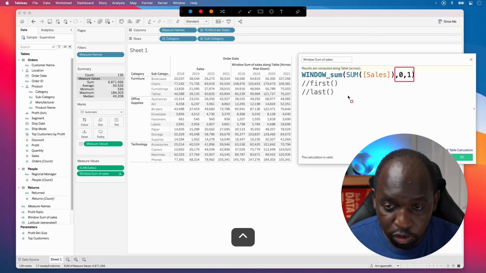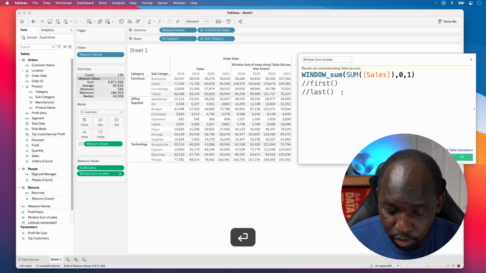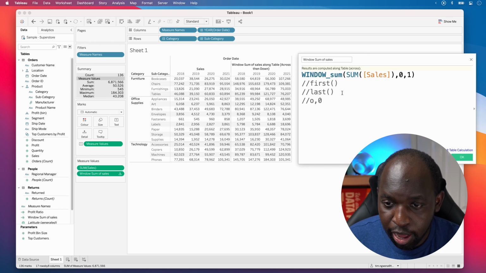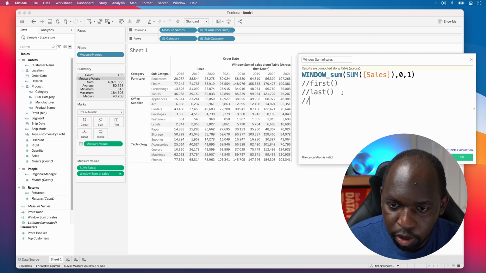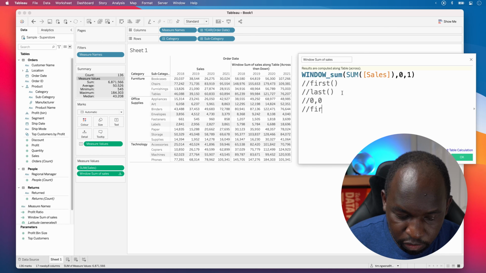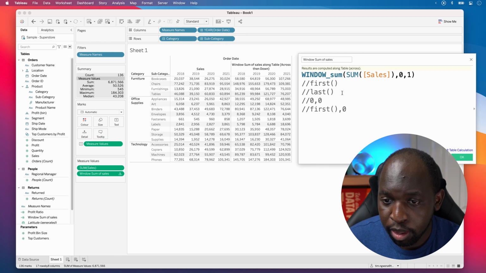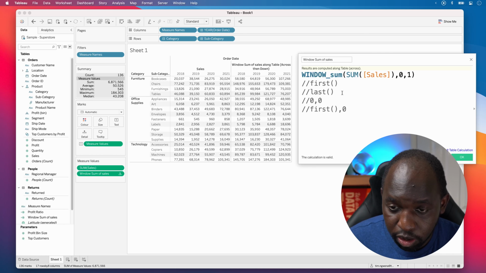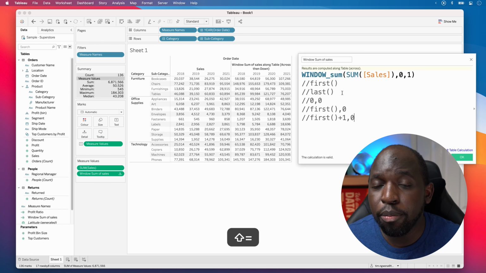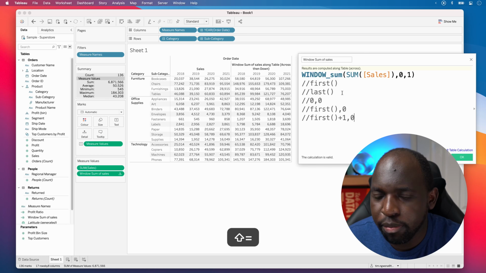You can either write those coordinates in the way that I've got on screen. So you can either write it like 0, 0, 0. You could write it like this, first, 0. You can also do offset. So you can also write it like this, first, +1, 0. So you can write it in so many different formats,